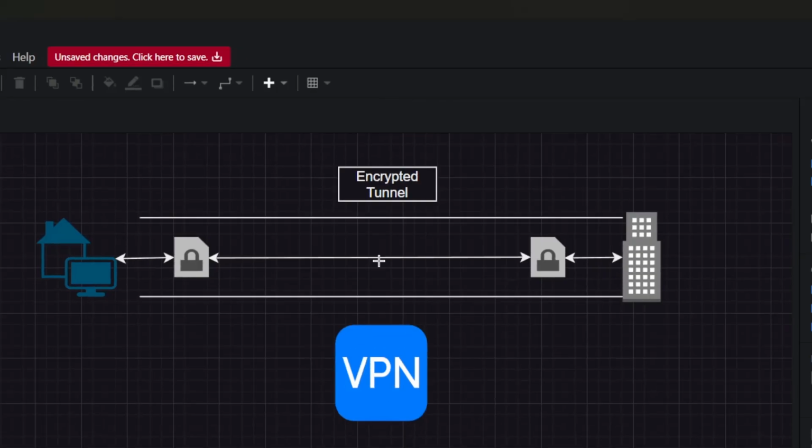What are VPNs? A VPN serves a few purposes. Number one is to encrypt data that goes around the internet. Number two, it helps you get access to the data in your office. For example, if you are working remotely from home and you need to access some data from your office, you simply use VPN tunneling, which basically changes the IP address of your network to the VPN server's IP address, which should be located in your office, which gives you the ability to gain access to the data necessary for your